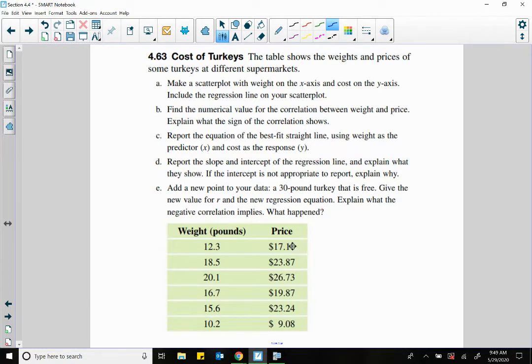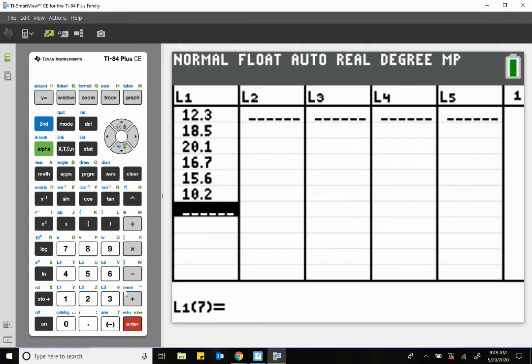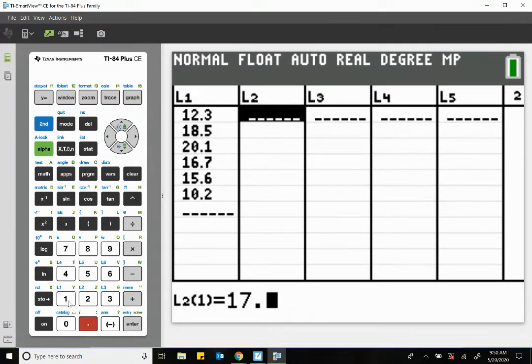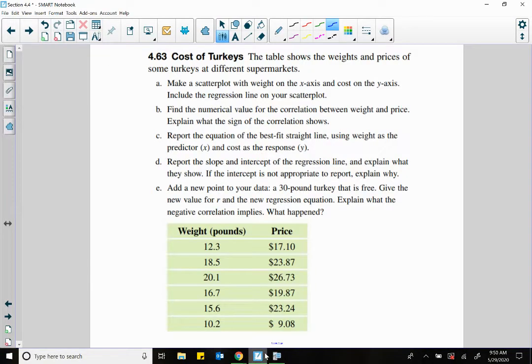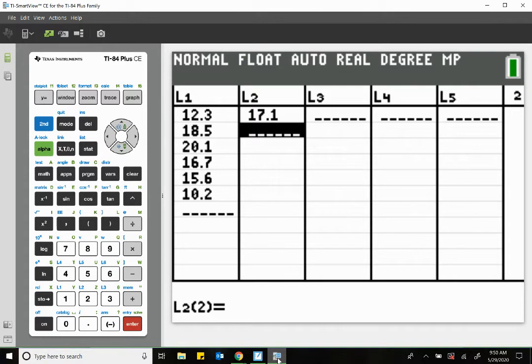And then price, $17.10, $23.87. So we're going to scroll over. $17.10. And I already forgot the other one. $23.87. And then we've got